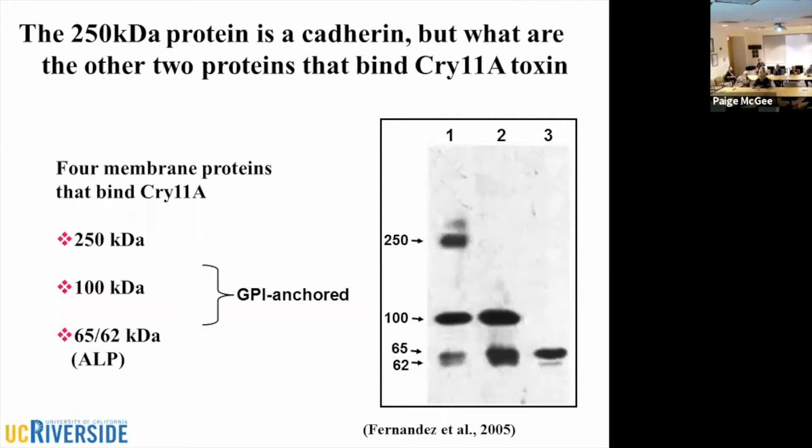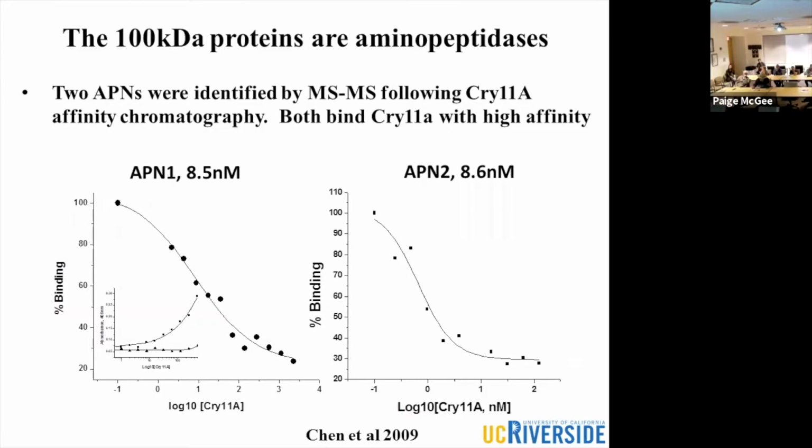So I've already talked about the larger protein, the 250 kilodalton protein. Then I'm going to talk about the other proteins. The second one is the 100 kilodalton, and then I'll go into the 65 kilodalton protein. The 100 kilodalton protein is an aminopeptidase. We have identified two of them. I don't want to go into much detail, just to show that they actually have relatively good affinity. They are in the nanomolar levels of affinity,